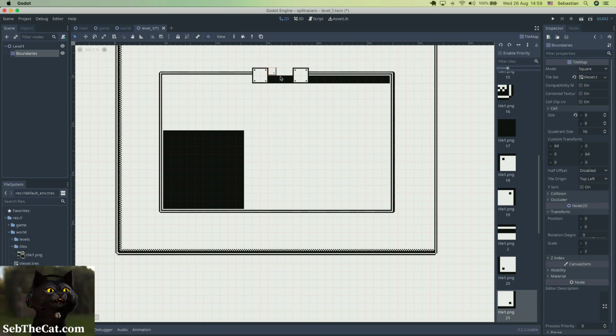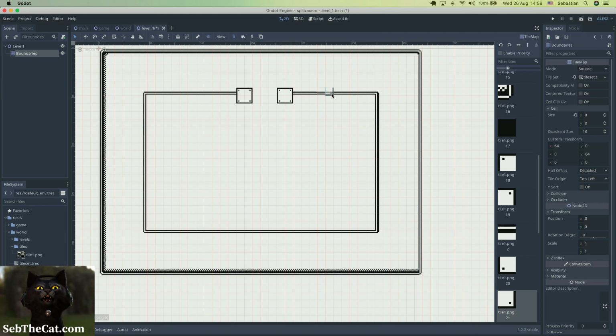Okay. Is that symmetrical? So we've got what? 1, 2, 3, 5, 6, 8, 9, 12. 3, 9, 11. Okay, so we need to bring this back a little bit. So if I remember rightly, there is the tool here to select. So if we select this, we can then copy and